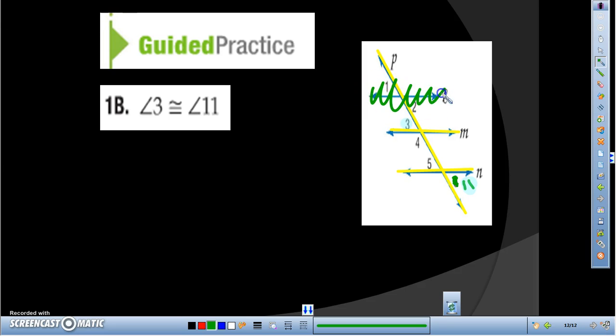So I don't care about any of this with line L, only concerned with these two lines. So the first thing I need to know is, what's the relationship between angle 3 and angle 11? Well, they're on opposite sides of the transversal, so I know they're going to be alternate something, and they are exterior. Okay, so I know that angle 3 and angle 11 are